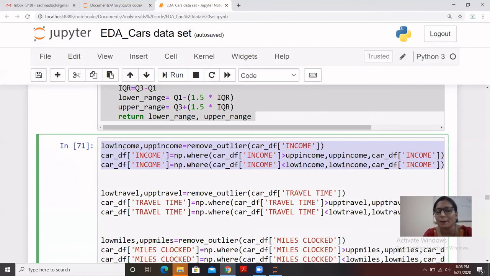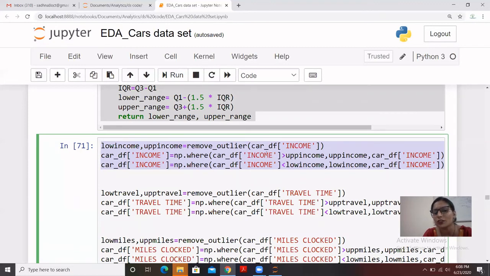And then I'm applying an np.where statement to handle the data beyond these two boundaries. So I have created the car_df income column, and I'm applying np.where where the income column is greater than upper_income.